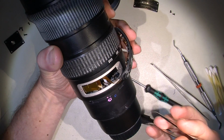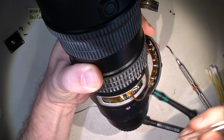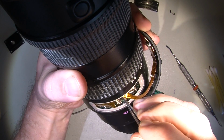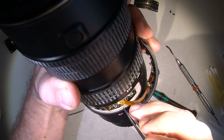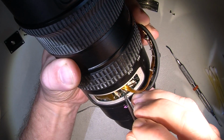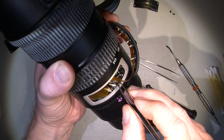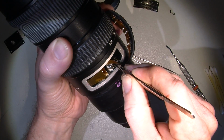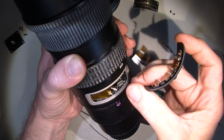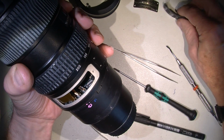And then my rubberized tweezer. That's not the only thing, because we need to unlock and lift up this here, the other end, because then it should be possible to just lift it out here, then it's free. And remember how it was faced before you take it out. So,